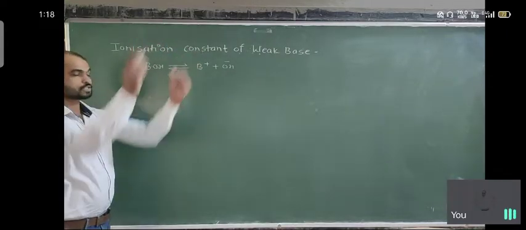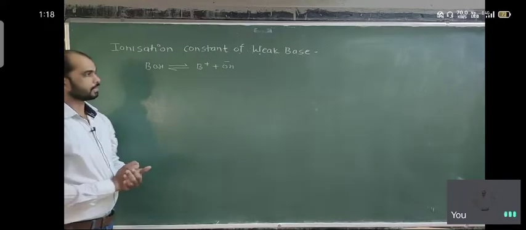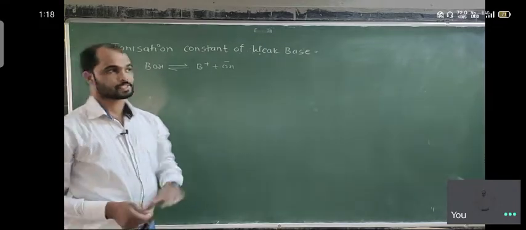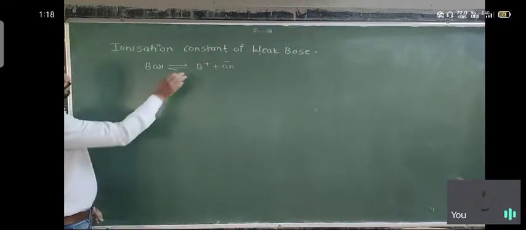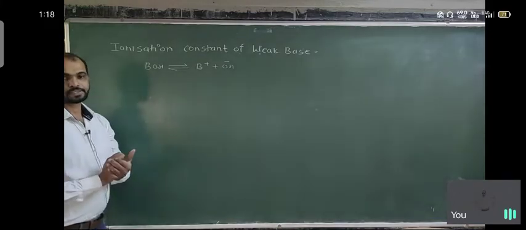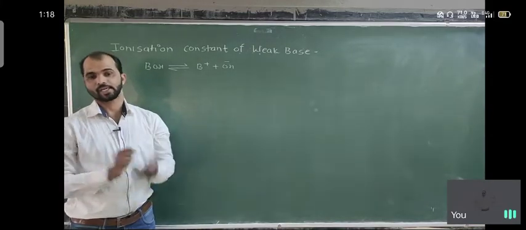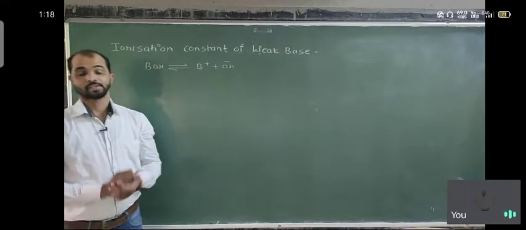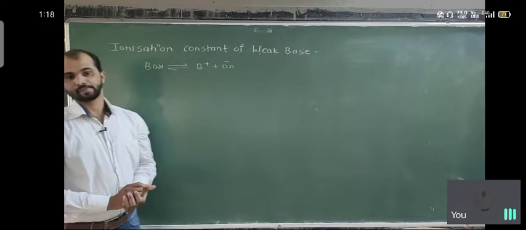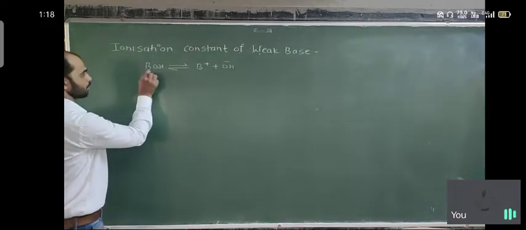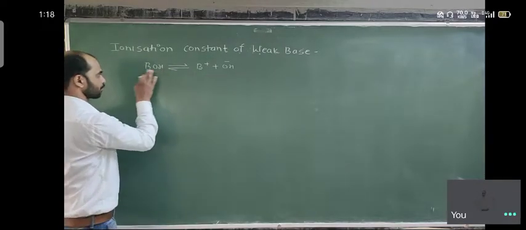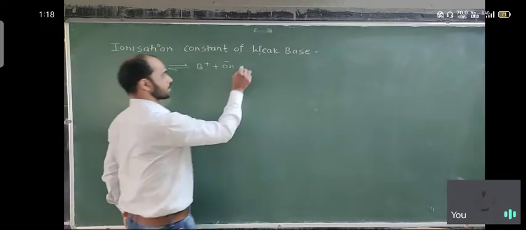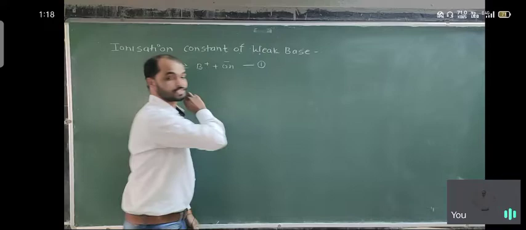So the ionization constant we calculated here is the same as for an acid. K is the ionization constant of an acid. Here we consider a simple weak base, BOH. Base means a species which produces the hydroxide ion. Any substance containing hydroxide ions which is capable of ionizing in an aqueous medium is a base. So this base dissociates or ionizes this way. This is the ionization, and we consider it equation 1.